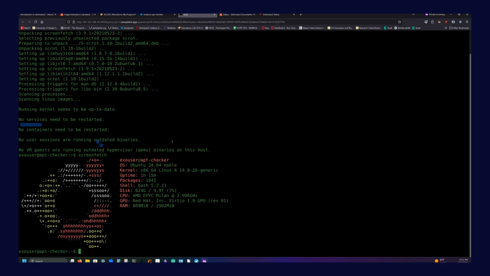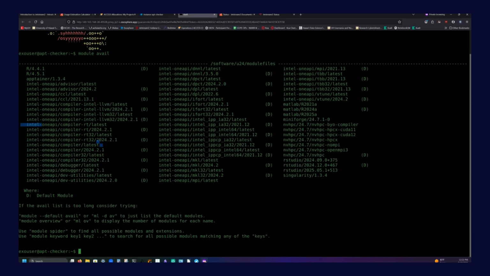If you're unfamiliar with modules, it's a way to really quickly and easily configure your environment, right? So you can do module, let's see, should be available to list the available modules that you can select here on Jetstream 2. And so you can see, oh, they have MATLAB here, they have R, they have a fair amount of compilers, right? RStudio,